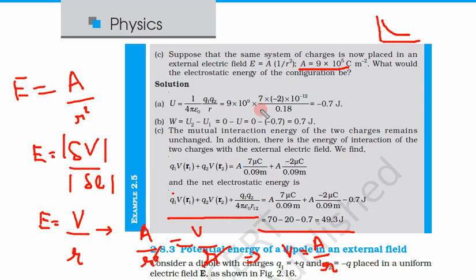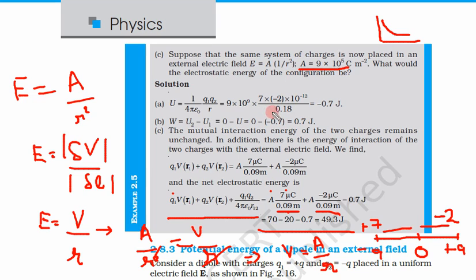So Q1 you know that is 7 microcoulomb, A is here and R is there. What was the condition? There was a 0 point here, O or origin point was here. One charge, minus 2 microcoulomb, was at plus 9 centimeter. And another charge, 7 microcoulomb, this was positive, was at minus 9 centimeter, and 9 centimeter is 0.09 meter. So in both cases the distance from origin is 9 centimeter, either you take it here or this side.